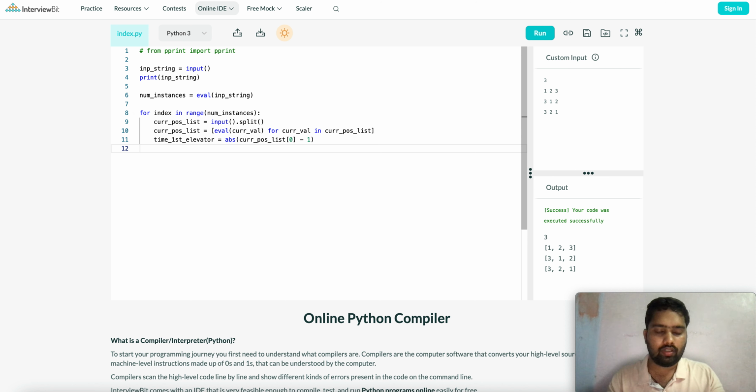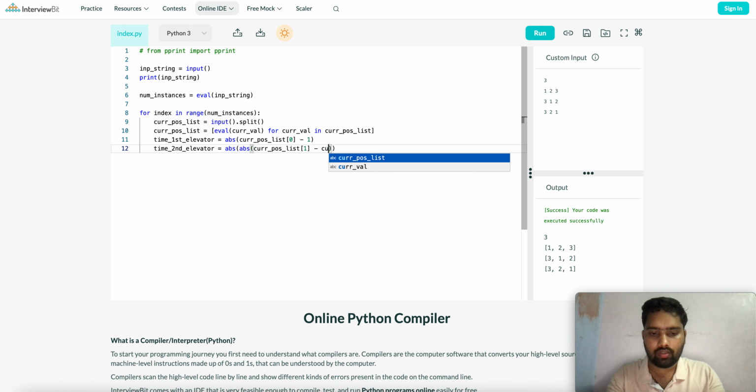Okay. Similarly, time for second elevator will be equal to ABS of this minus ABS of current position 1 minus current position 2, this minus